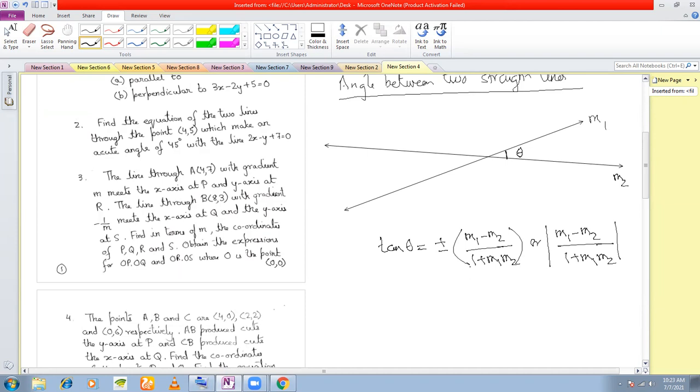In fact, here if you see, theta is one angle made here. What can be the other angle here? This is the other angle that is made, right? This angle is also theta. So there are two angles which you can see here. Remember that, because the plus or minus sign is going to give you two angles.